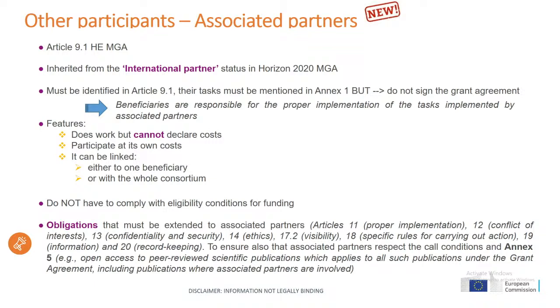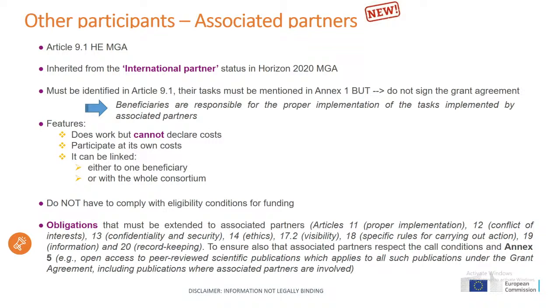They may participate in a project as either linked to one beneficiary or to the whole consortium. They must be identified under Article 9.1 of the grant agreement, and their task must be included in Annex 1. Since they do not sign the grant agreement, beneficiaries are responsible for the proper implementation of the task implemented by the associated partners. The main characteristic of the associated partners is that they work on the action, but they cannot